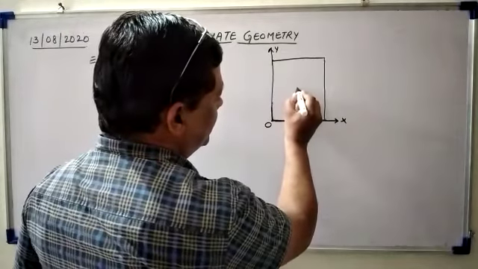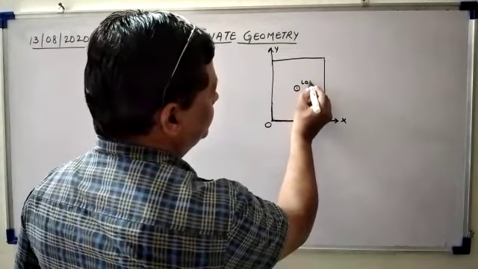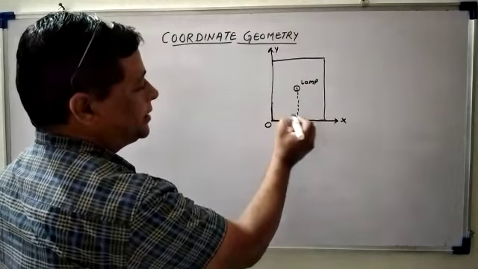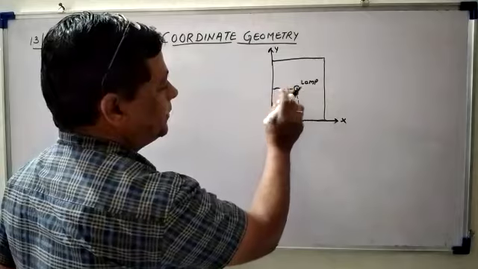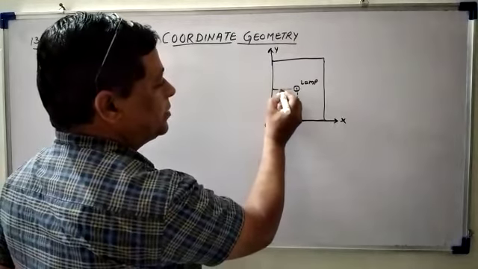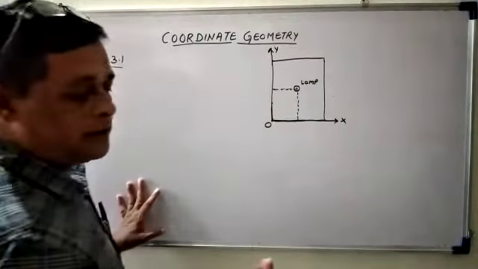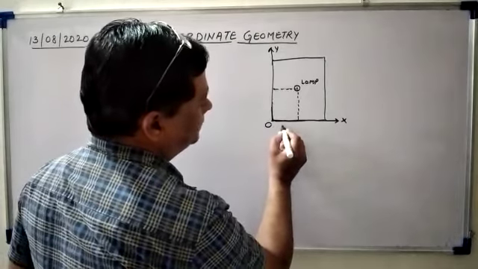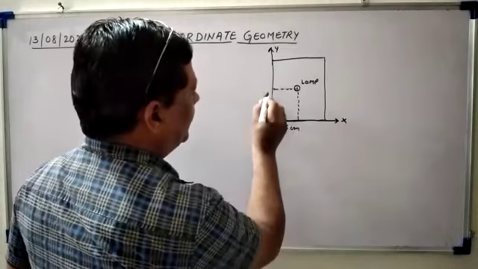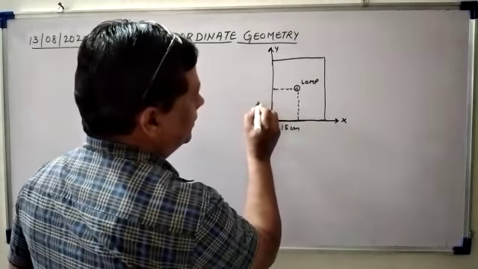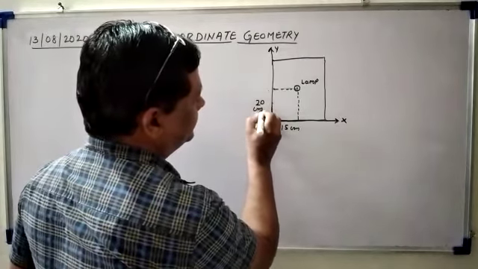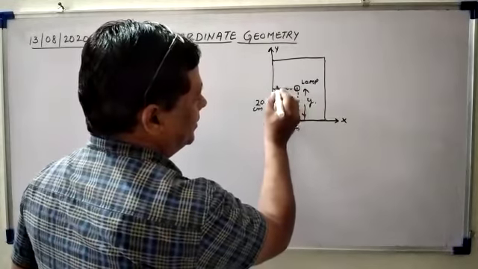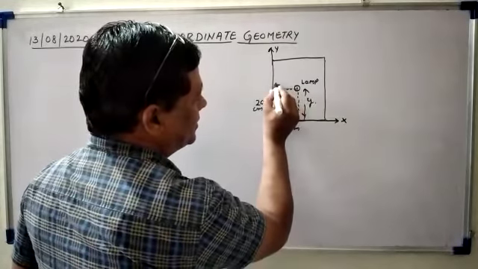The perpendicular distance of the table lamp, this is the lamp, from the x-axis and from the y-axis. We just assume it because the actual position is not given in the question. So we take this distance, suppose 15 centimeters, and this distance, suppose 20 centimeters. This distance describes the y coordinate and this distance describes the x coordinate.